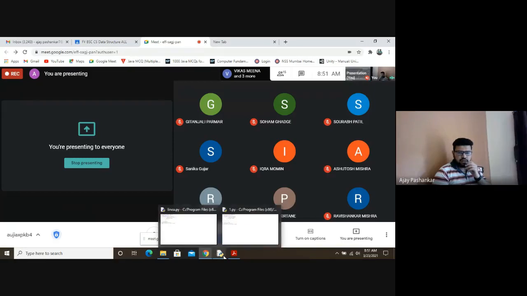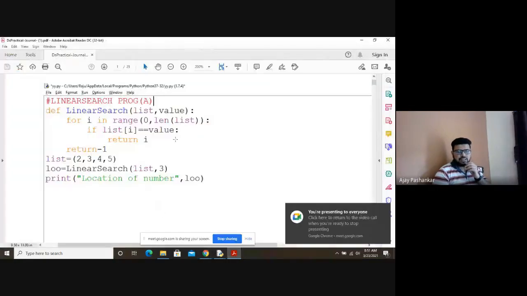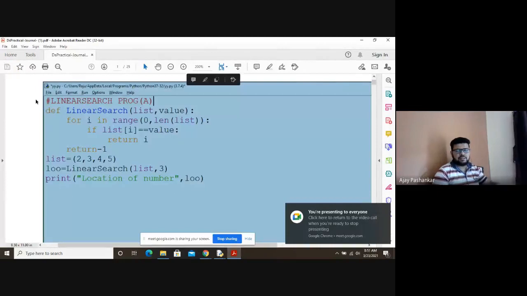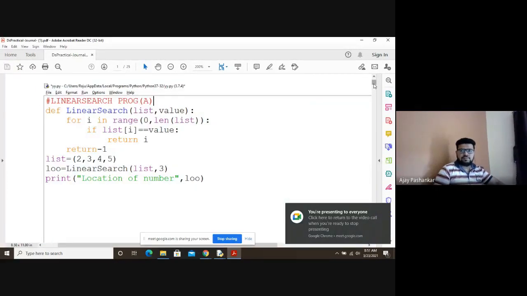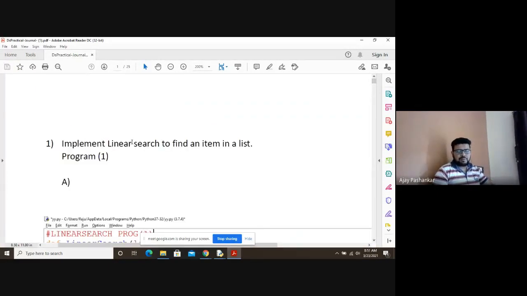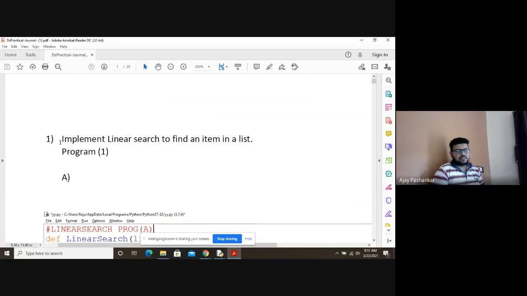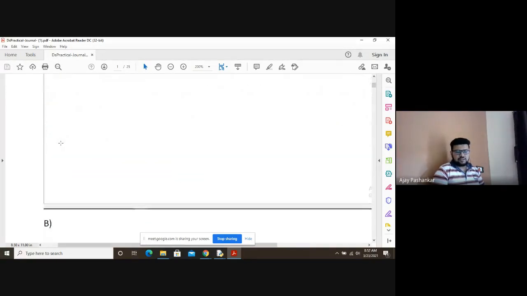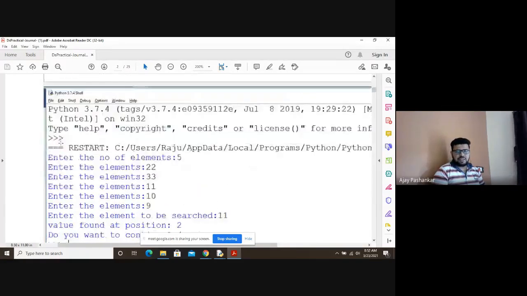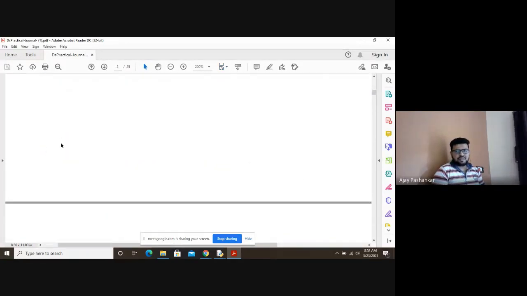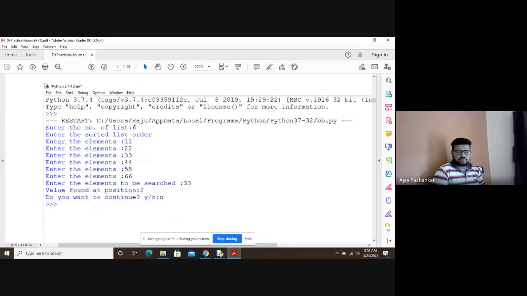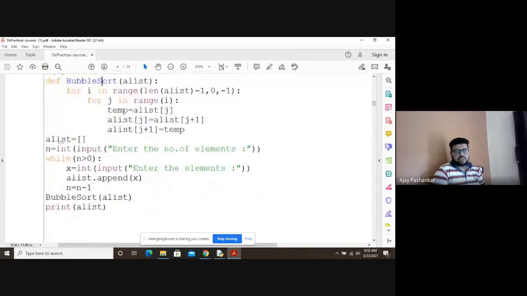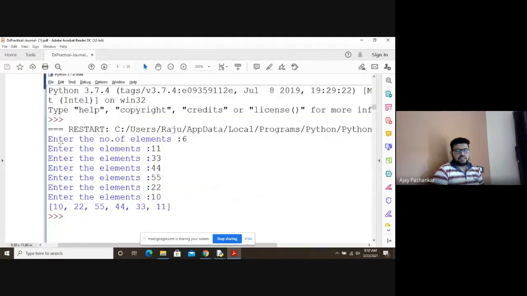So good morning students. In today's session, we'll be discussing your practicals of data structure, first year computer science data structure. We'll be performing approximately 10 to 12 practicals, with one or two practicals each. That will start with your linear search, moving on with your binary search, then moving ahead with your bubble sorting algorithm and other algorithms.